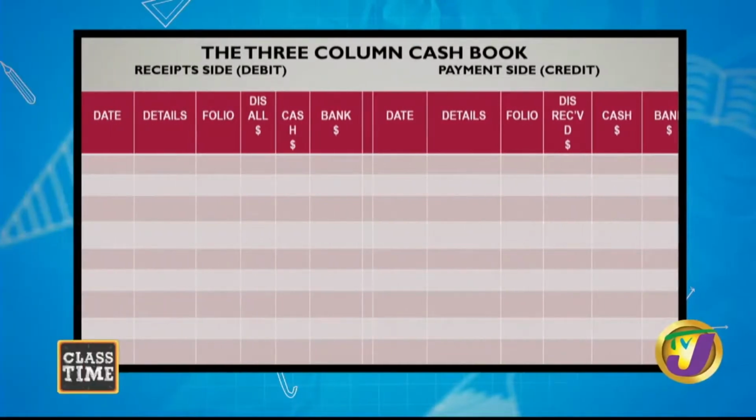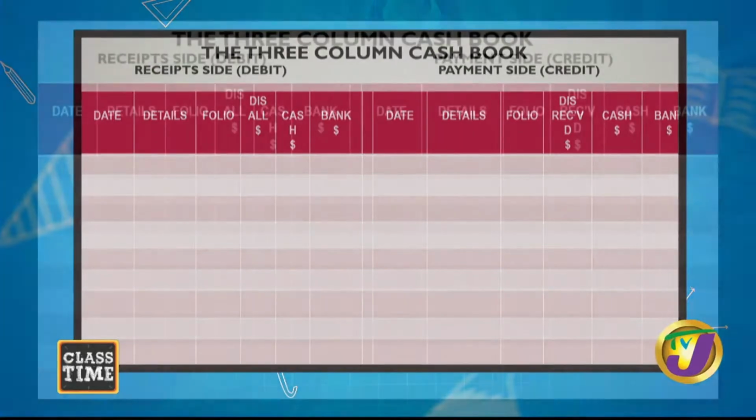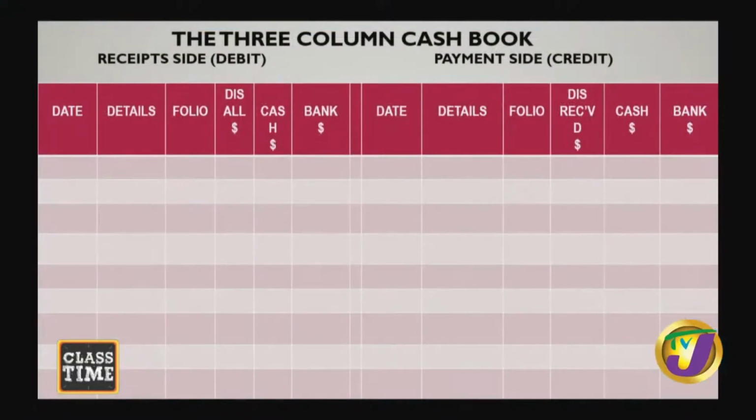But you will notice that on the receipt side, there is a column for discounts allowed. On the credit side, we also have details, folio, cash, bank, but there is a column for discounts received. Hence the name 3-column cash book: cash, bank, and one for discounts. All right. Now,